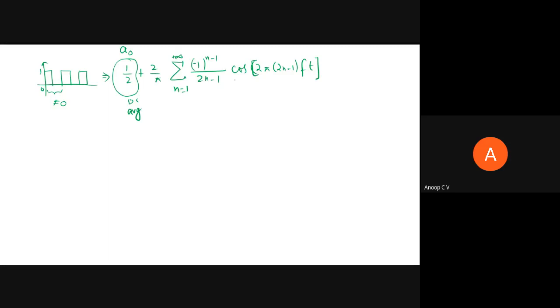I can show you a GeoGebra simulation, as I know most of you are confused by this expression. So this was for a positive pulse train. A0 being not equal to 0 means that if you take the average over a cycle, or from minus infinity to infinity, the DC value or average value will not be equal to 0. So there is a finite average value, plus a weighted sum of odd harmonics of cosinusoids.